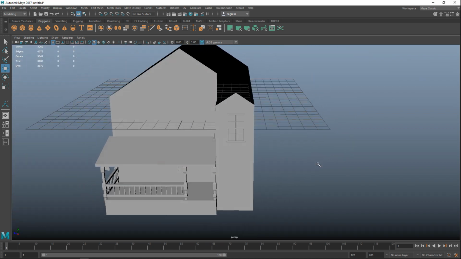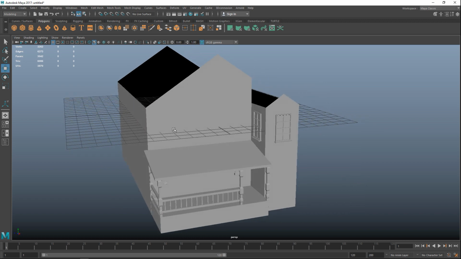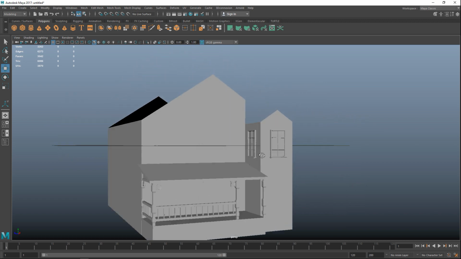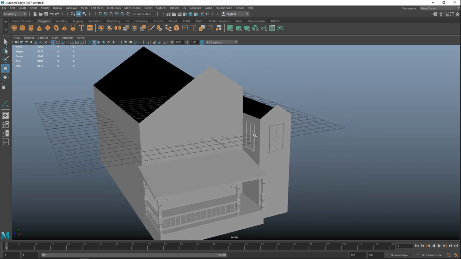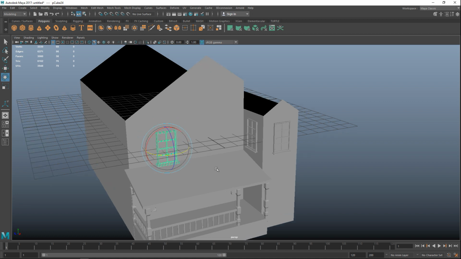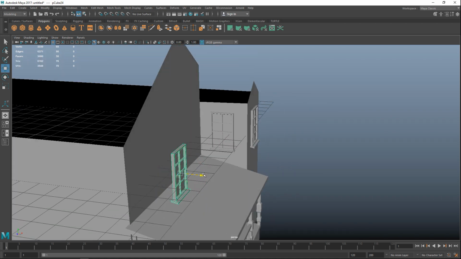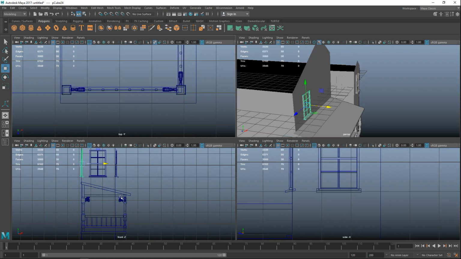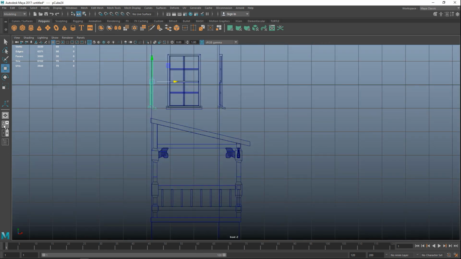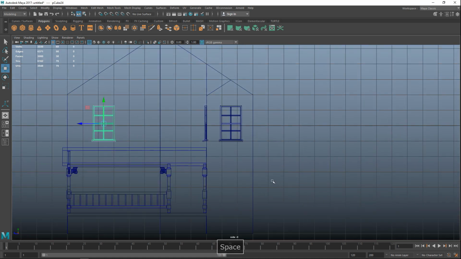Okay, so that's fine. Now I want a window up here as well, but I don't want it to be exactly the same shape, so I'm going to select it and hit Control D to duplicate it and bring it over. Rotate it, again hold down J to snap it, and we're at 90 degrees, W to move in. And once I have it positioned roughly, nope, not that view, this view here,